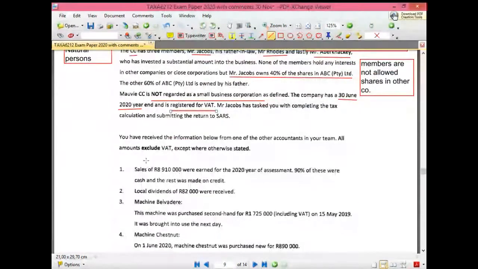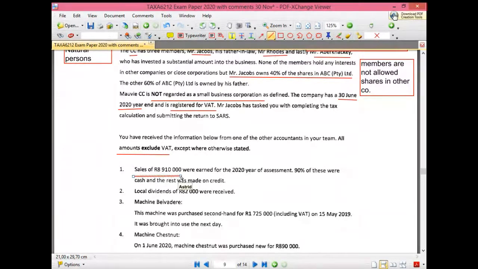Okay, then they tell you all amounts exclude VAT except where otherwise stated. So if an amount is exclusive of VAT, we apply it as is. If it's inclusive of VAT, we remove the VAT first before including it in our income tax calculation. Okay, so the first thing is our sales amount is